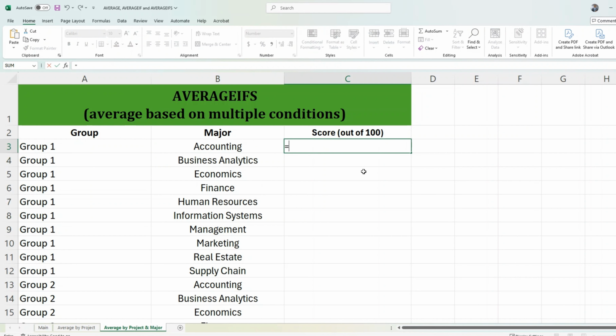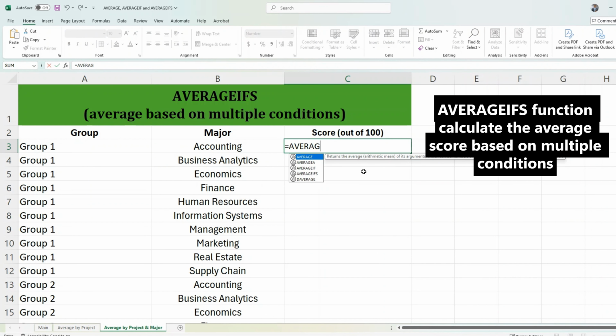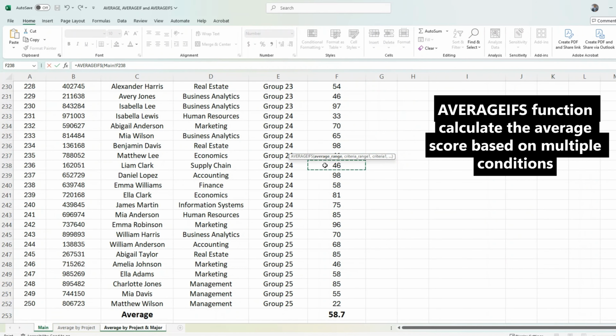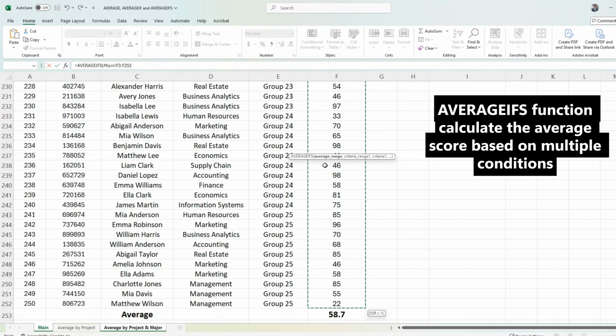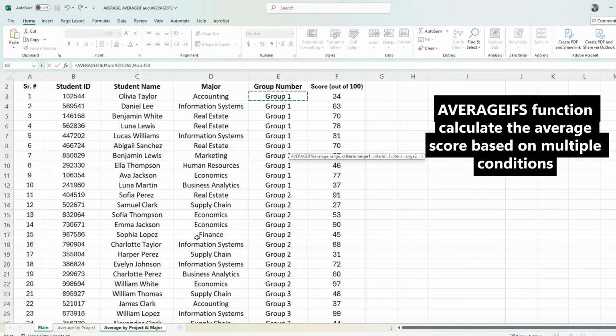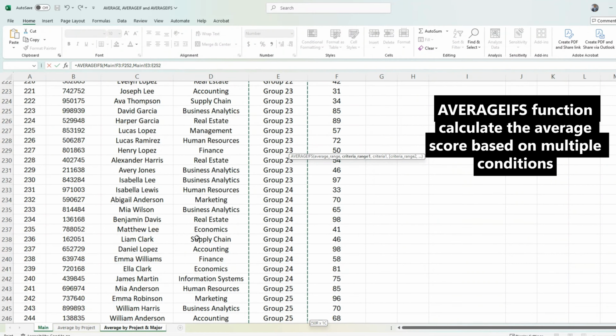So we will type equal to AVERAGEIFS. Over here, we first need to select the average score range. So that is in the main sheet. We will go over there. We will select the score range column, put comma. And then we need to select the first condition, that is the group. So we will go to the group column, select that,